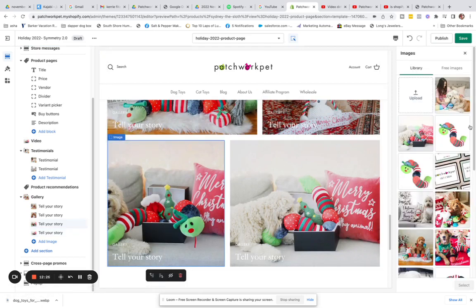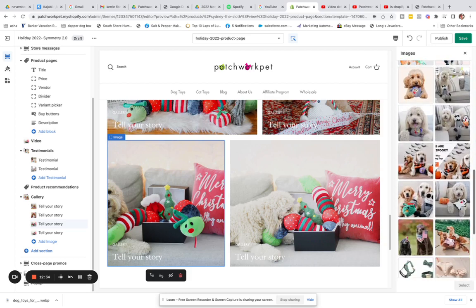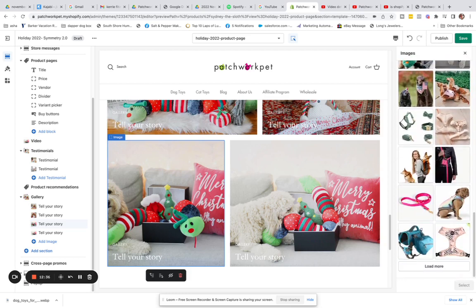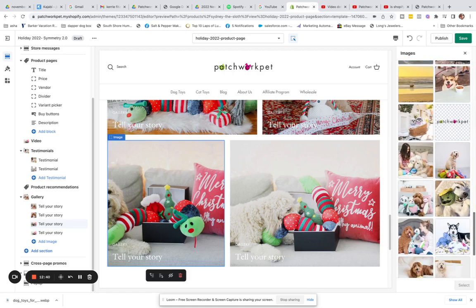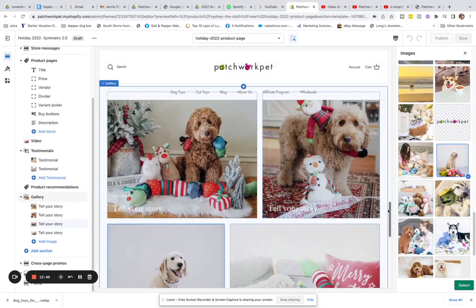So again, what you're doing here is you're just building trust. So when a customer is on your website, you're just trying to get them to want to buy your product. So all these beautiful lifestyle images build trust and they will evoke emotion, because when someone comes here, you want to get them to buy the product. And I'm going to actually